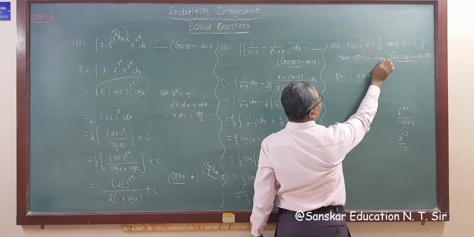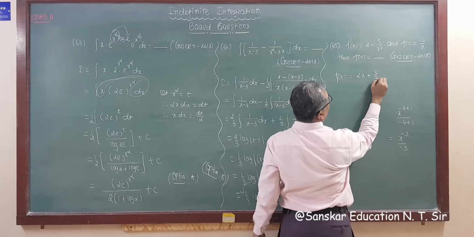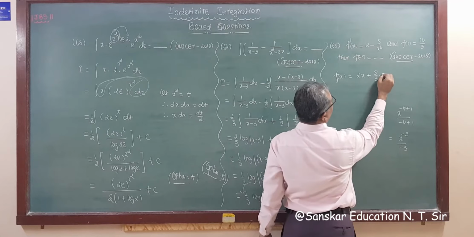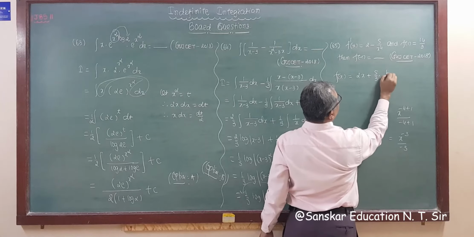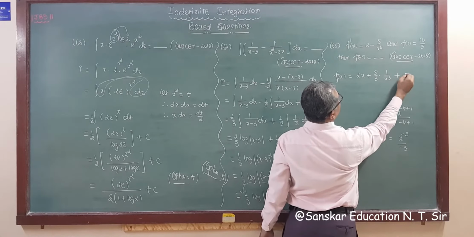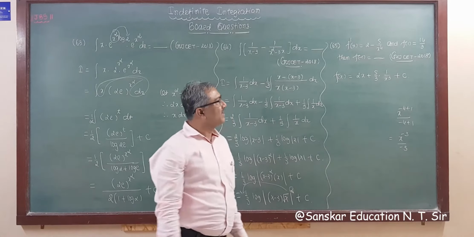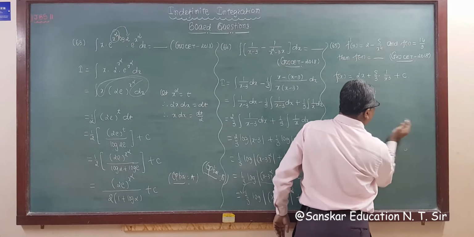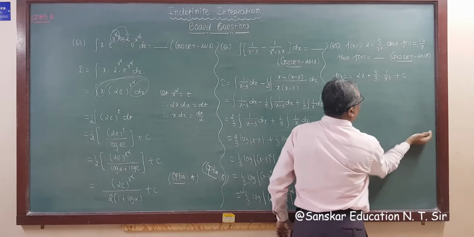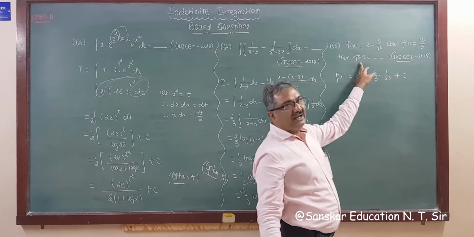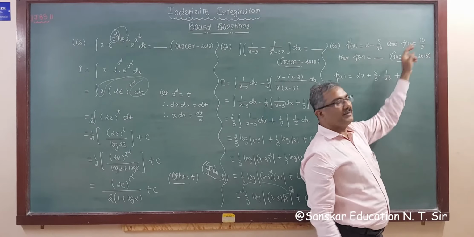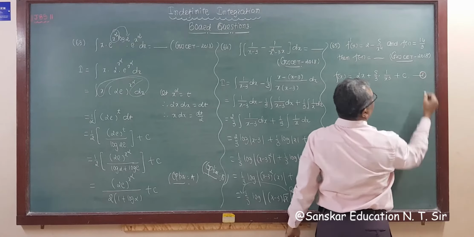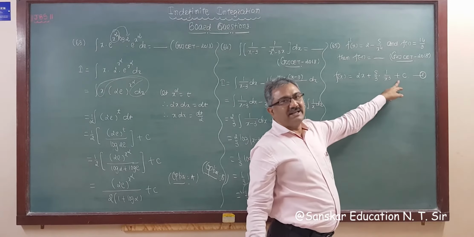So minus minus become plus. So this is 5 by 3 into x raised to minus 3, either 1 upon x cube, plus c. This is your answer, right? So this is your f of x. But we need f of minus 1, and for that, given f of 1 is 14 by 3. So this is reason number 1, means we have to remove the value of c, right?